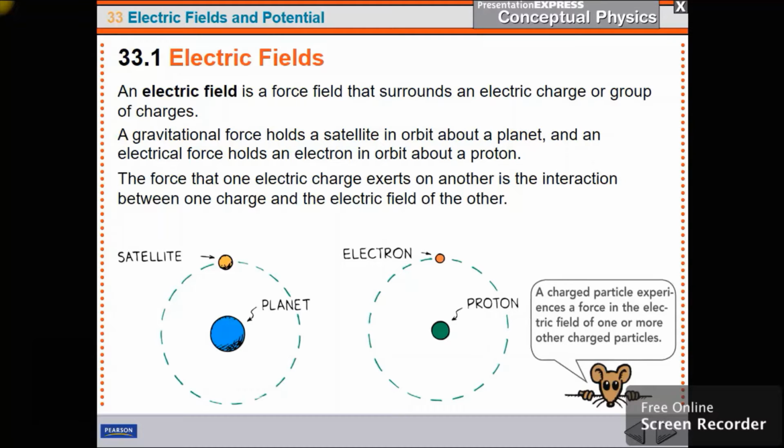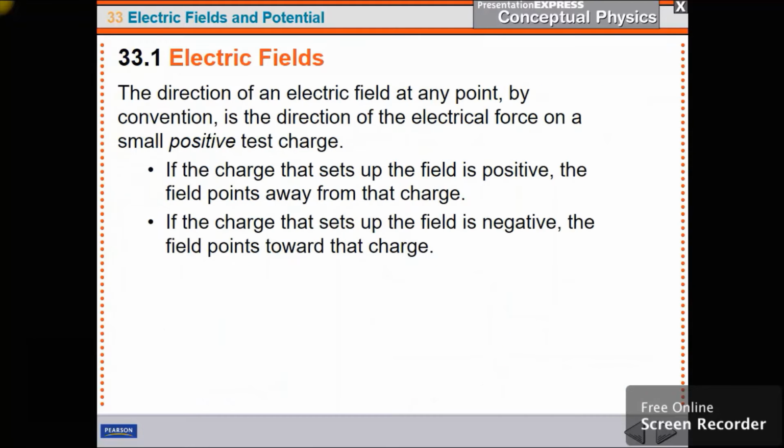Just like a gravity field, an electric field is what causes the negative electron and the positive proton to have a force on each other. So we need to figure which way is up as far as electrons and protons go. With gravity, it's easy. Down is the way that something falls when you let it go. But because there's positive and negative charges, we just need to pick a direction and stick with it so that we're all talking about the same thing.